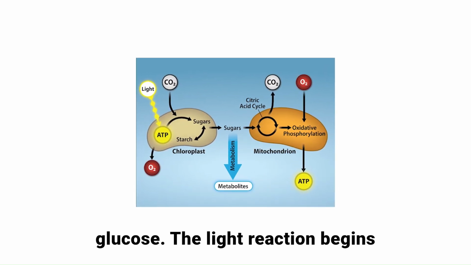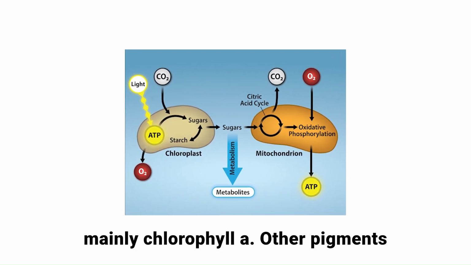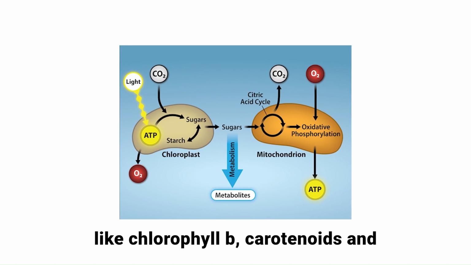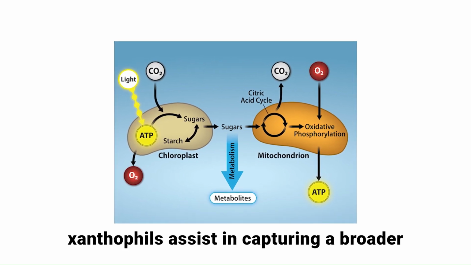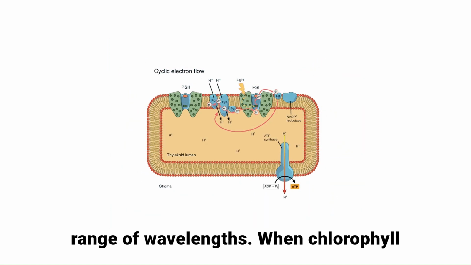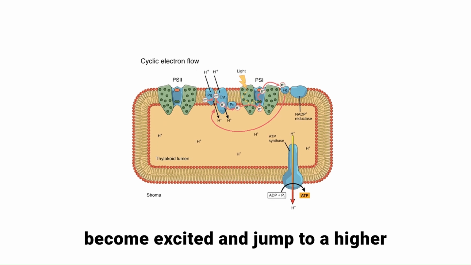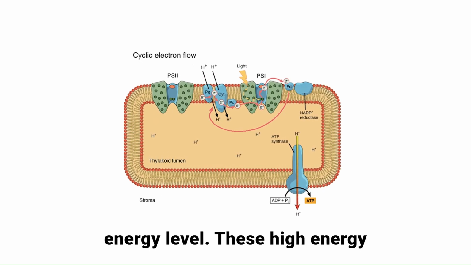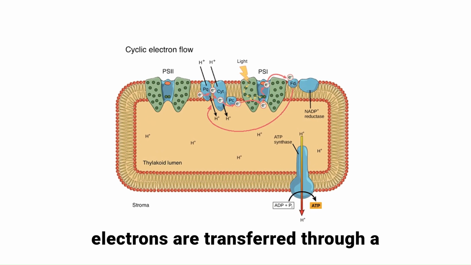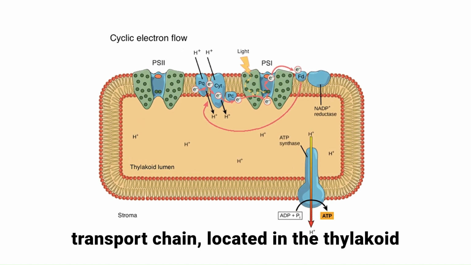The light reaction begins with the absorption of light by pigments, mainly chlorophyll a. Other pigments like chlorophyll b, carotenoids, and xanthophylls assist in capturing a broader range of wavelengths. When chlorophyll molecules absorb light, their electrons become excited and jump to a higher energy level. These high-energy electrons are transferred through a series of proteins known as the electron transport chain, located in the thylakoid